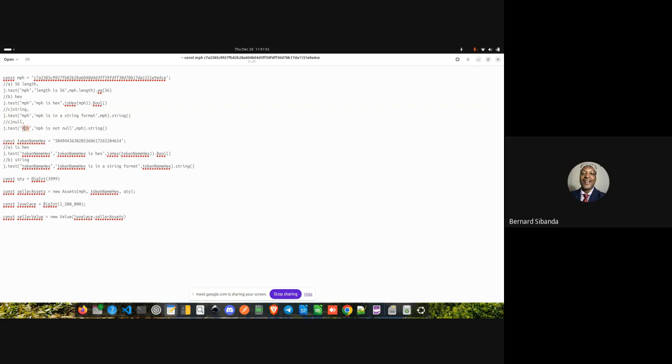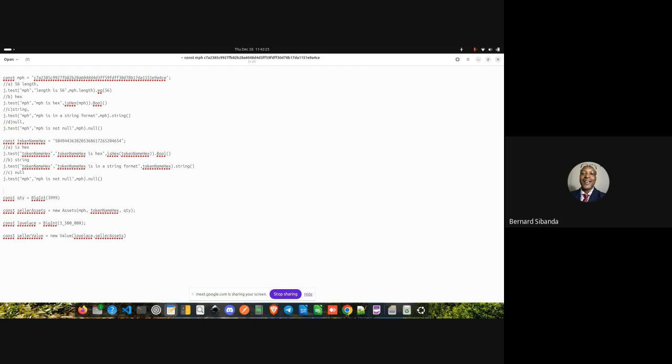So here I'm testing this MPH. MPH is not null. Then I check it. Then I put that null here. Okay, there it is. So this not null for MPH also applies to token name hex. So let me put it in.